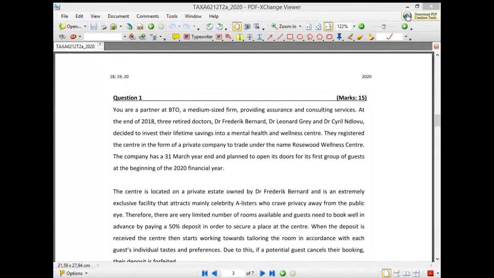Now, this paper was divided into two questions. The first question was a discussion question, which was what amount should be included in gross income. And then the second one was to work out your tax liability. Similar to the test you guys are writing next week, I expect to see something similar to this. It might either be a discussion question whether it should be included in gross income, or alternatively, whether you can deduct it in terms of the general deduction framework.